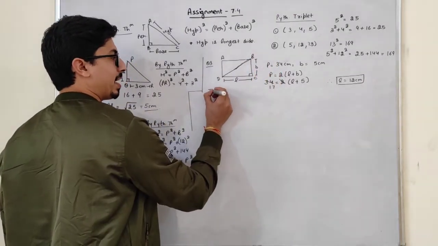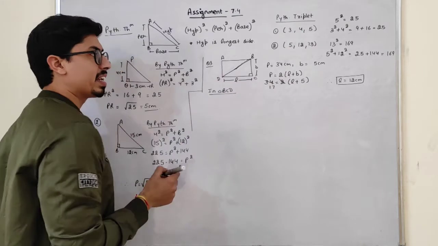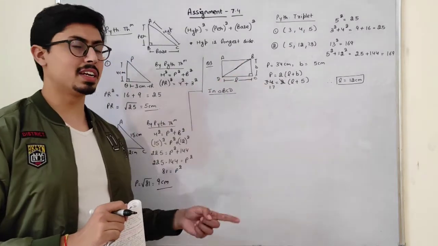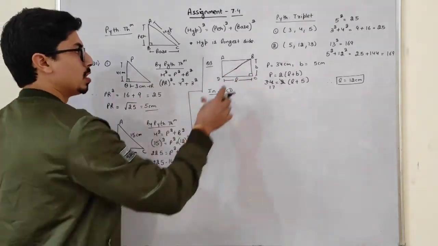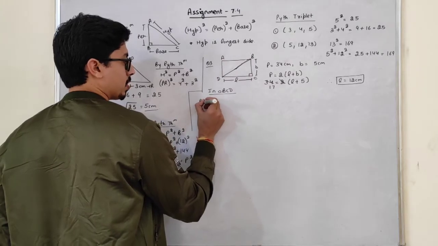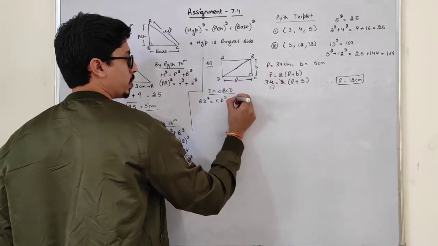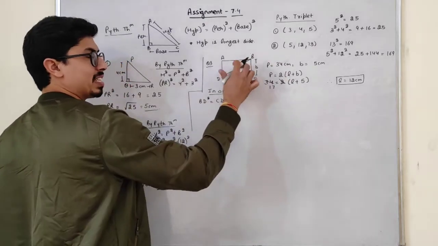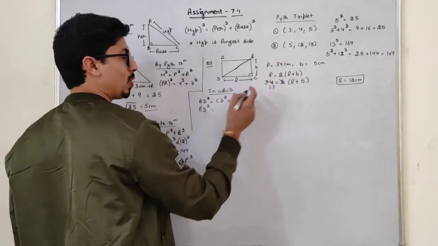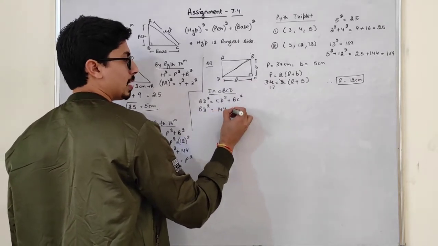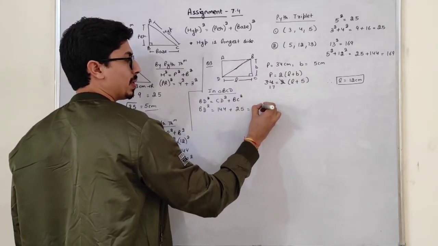So students, in triangle BCD, see, this is a right angle triangle. BCD is a right angle triangle because this angle is 90. So the side opposite to the right angle is the hypotenuse. So BD square is equal to CD square plus BC square. BD square, the diagonal, we don't know, so keep this as it is. CD will be the length, 12. So 12 square is 144. BC square, that is the breadth, 5, so this will be 25. If I add them, it will be 169.